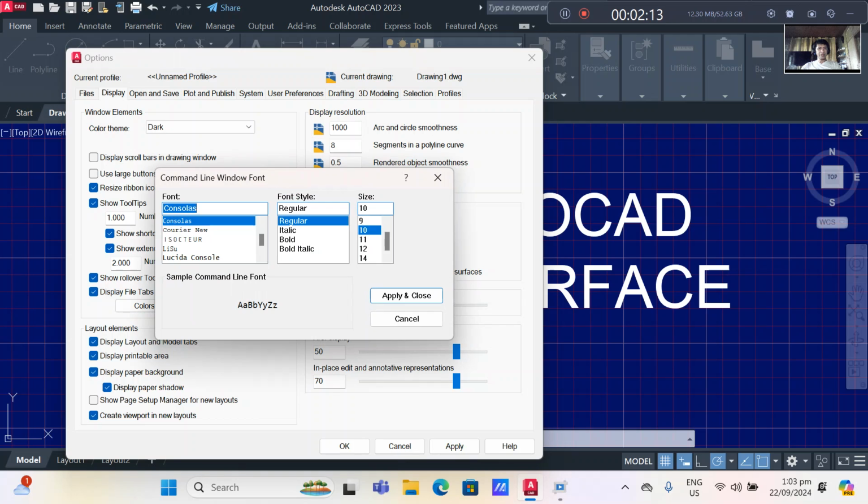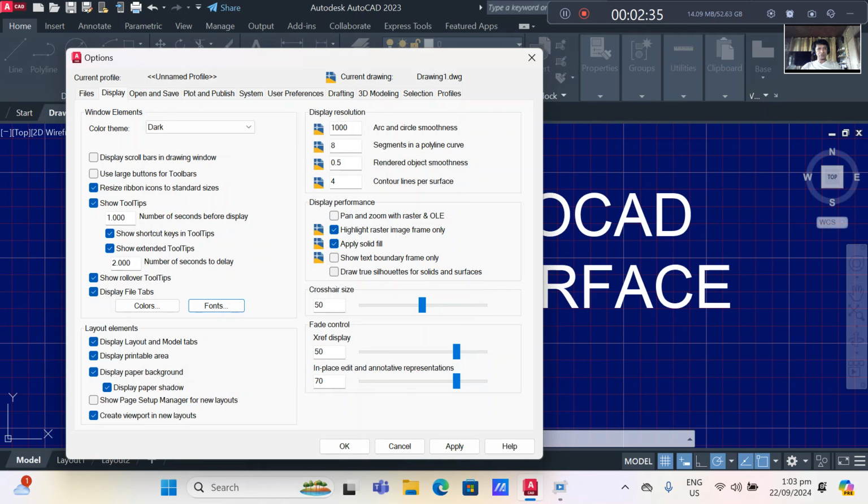You click font and then find the font that you want, and this time I want Consolas, and then I want it regular, and then I want the size as 10, and then apply and close.